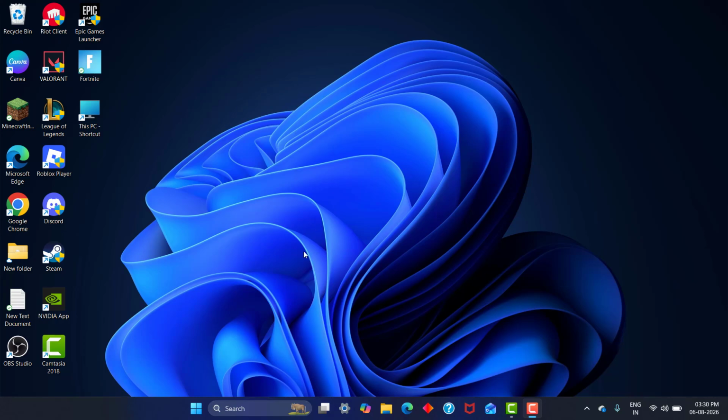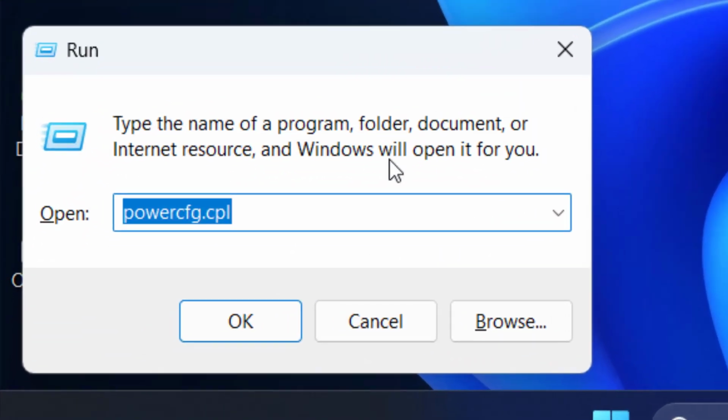How to fix Wi-Fi keeps disconnecting on Windows? First step, turn off fast startup. Open Run, type the following text,